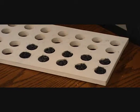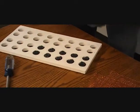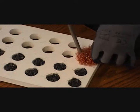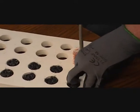Now let's see how long it takes to install copper mesh in the same number of holes. Unlike Xcluder, you can't just fold copper mesh in half and press it in. It takes a bit more work to get copper mesh to fit into the hole. You may be asking, why does it take 10 inches of copper mesh to do the same job as only